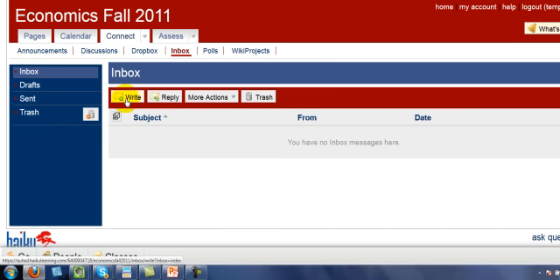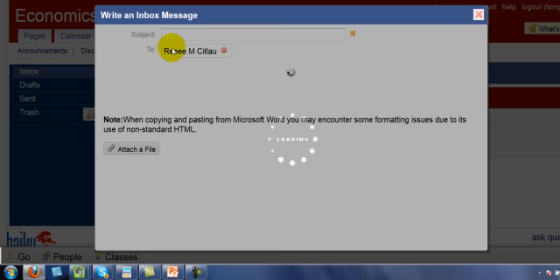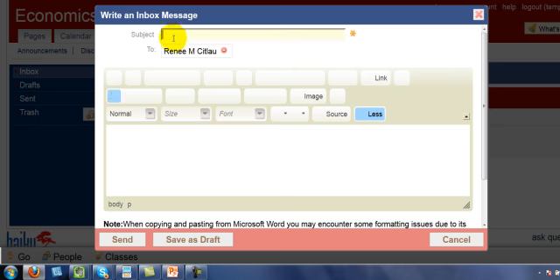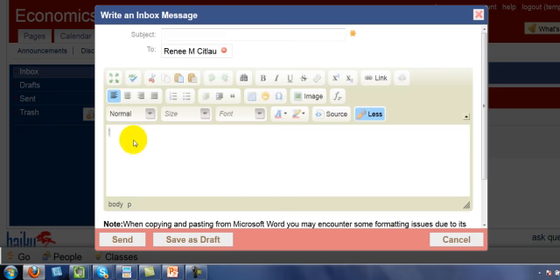And then you'll choose Write. You'll notice your teacher's name will automatically appear in the window. You need to put an appropriate subject line. Remember to always begin your emails with Dear Mr., Ms., or Mrs., and your teacher's last name. Always start out the first line with something positive, like how are you today, or thank you for your help